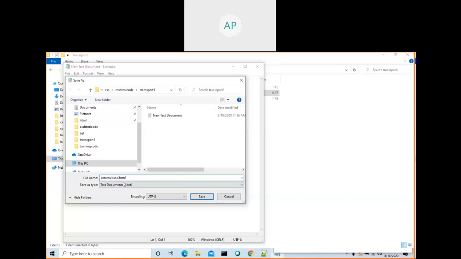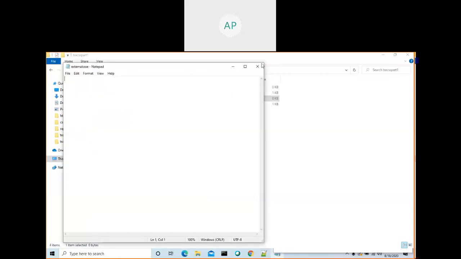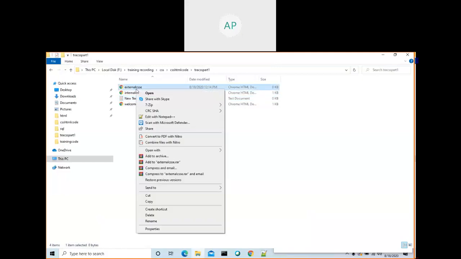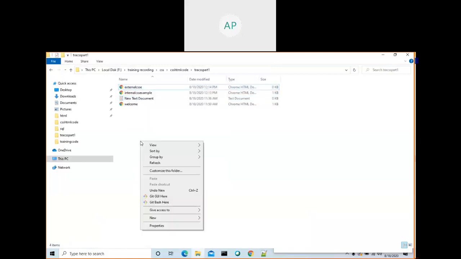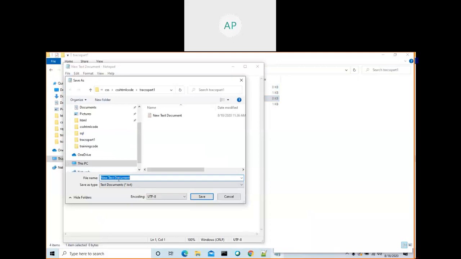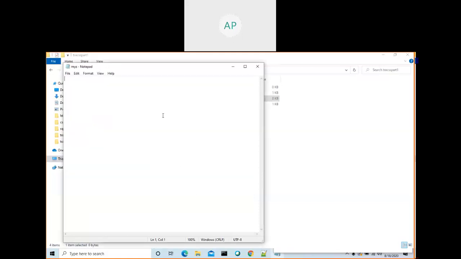Go here, all files, save. Okay, we created one HTML document, external. Then create another one, file, new CSS file, save as my dot css. Choose all files, create, and see the extension.